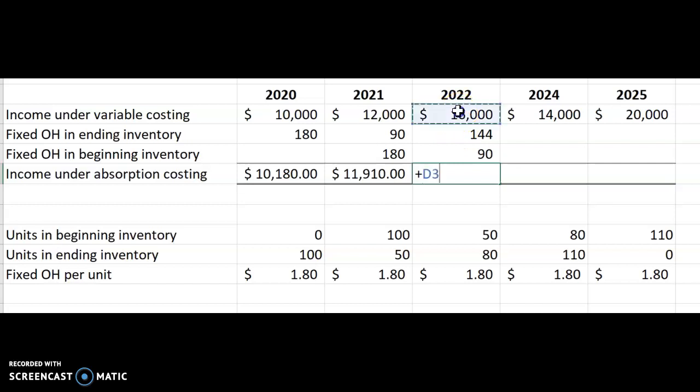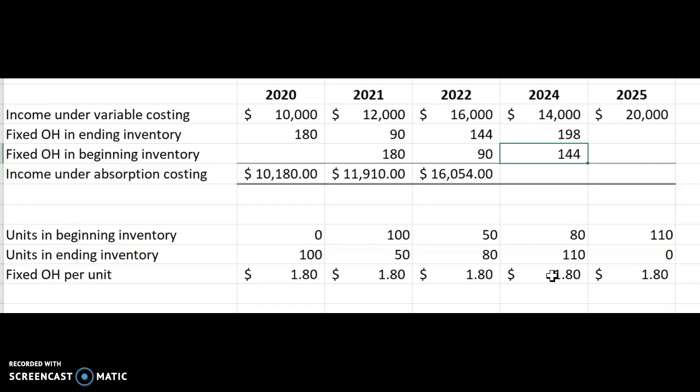So if we take our variable income, add our fixed overhead in ending inventory, subtract our fixed overhead in beginning inventory, we can see we have 16,054 as our income under absorption costing. That 144 in ending inventory becomes the fixed overhead in beginning inventory. And then because there's 110 units in ending inventory at $1.80, there'll be $198 of fixed overhead in ending inventory